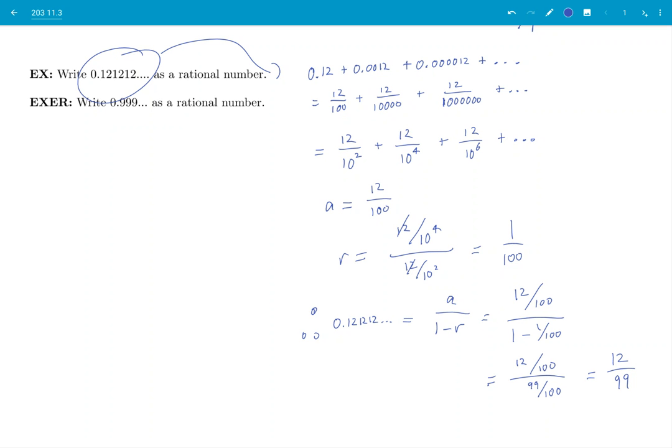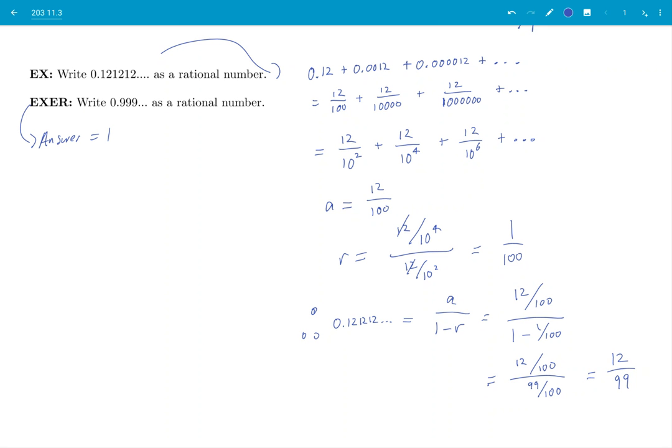You may have seen this kind of trick previously in your education, but here is a more thorough demonstration. So what I mean is you may have seen that, okay, if I have 12 over 99, that's going to give me this decimal. And if I have 137 over 999, then I'll get 137 repeating, and so on. Okay, I want you to try the exercise, so pause, copy, try. And the answer is